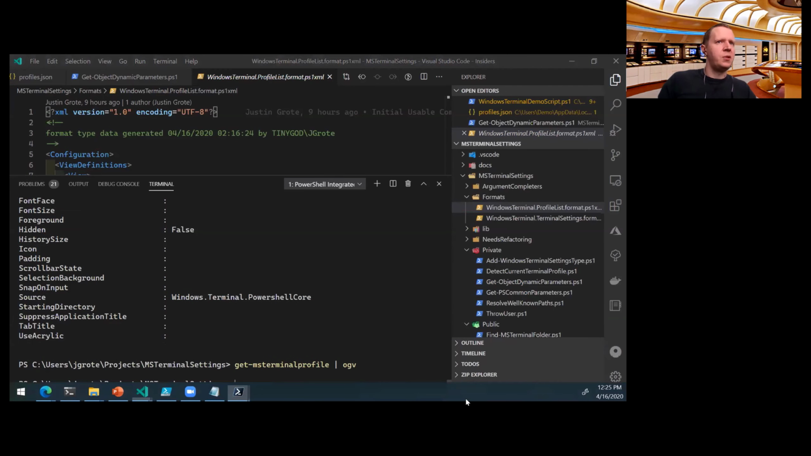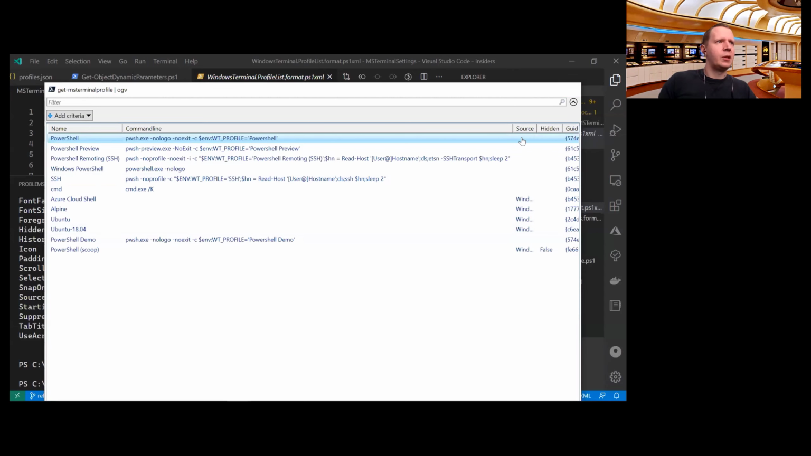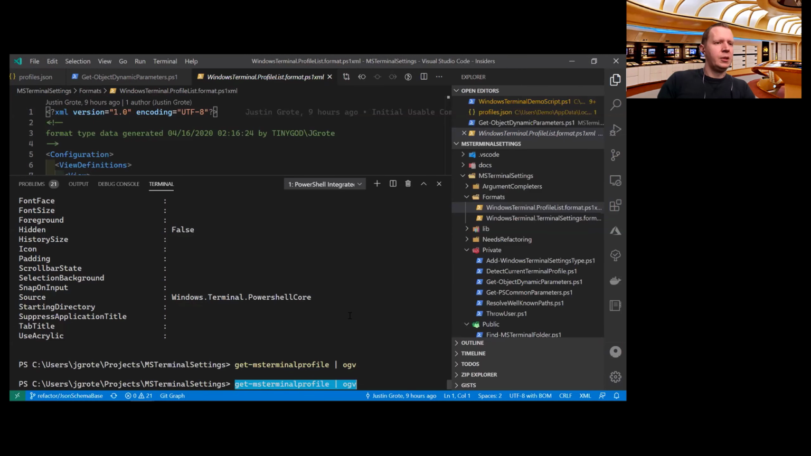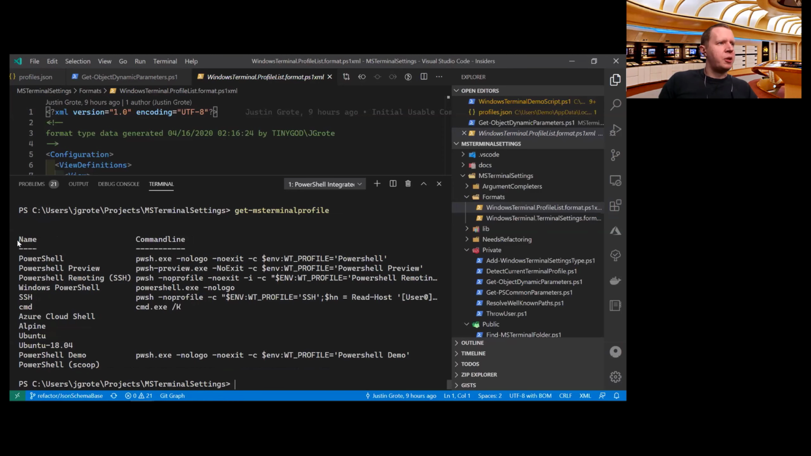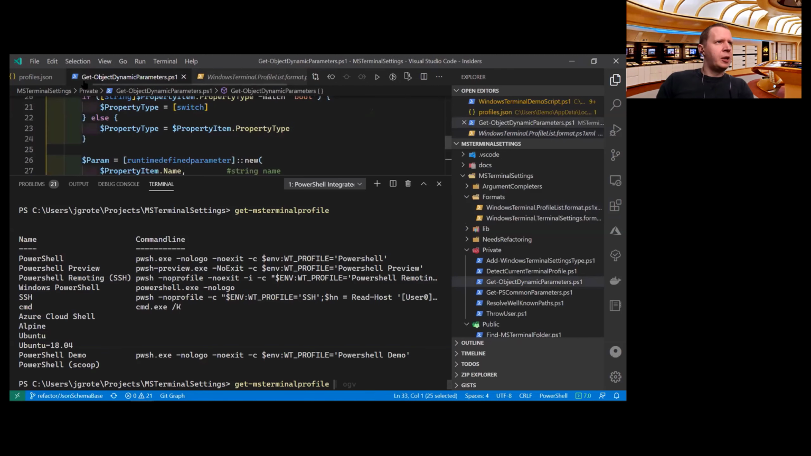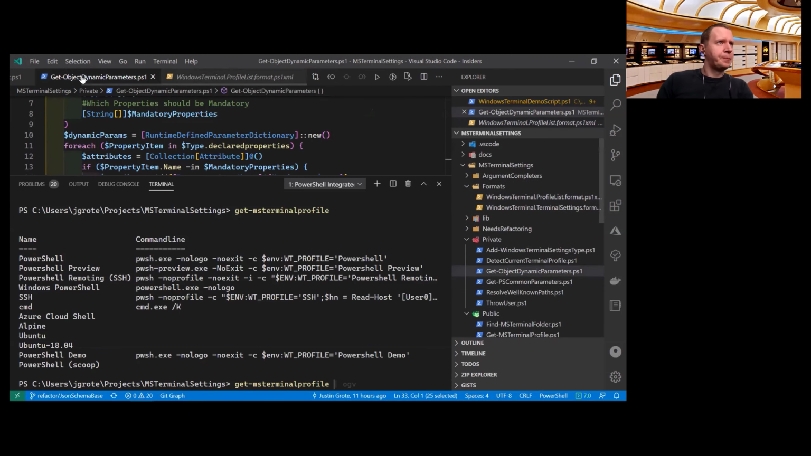and get this nice view of it. So here's my profiles in a nice view. Again, all those profiles that are in my config, each one of these is there. So let's take a look at some of these parameters. So again, if you look at my item here,